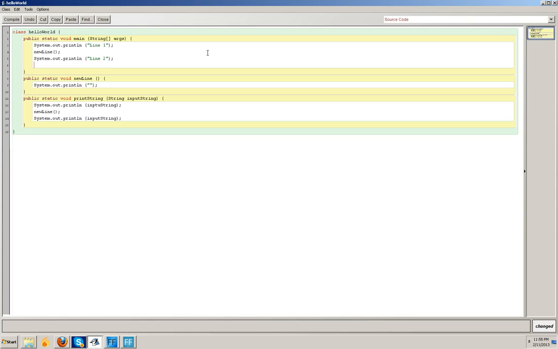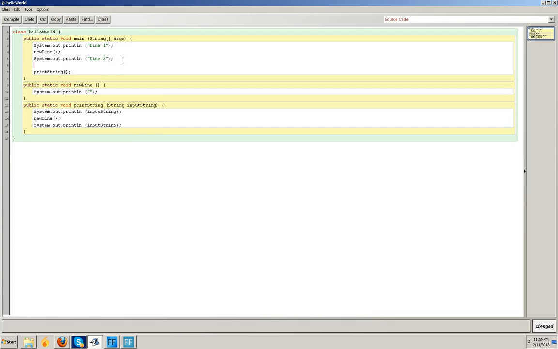So now, why don't we make a new string over here? You can name it, this is the string. Alright, basically what a parameter does is it pulls something from another method. So when we go to call this method right here, like what we did with new line, we're going to go print string, and then we have to put something in here. We have to put a variable. So first we have to initialize and state the variable. So we're going to put String input string equals